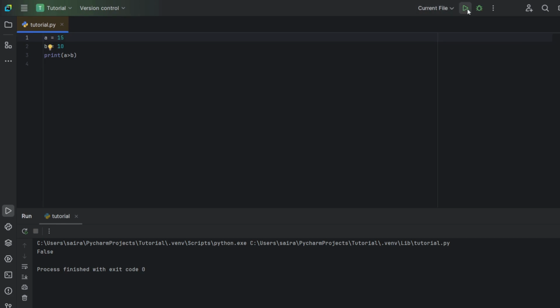But if B is equal to 15, and then when we run it, we'll come up with the value of true. But if they both are same, we'll come up with the value of false. So Python only cares if one value is greater than the other. Over here, A is the value which we have given the greater symbol to. So unless and until A is greater than B, our output will not be true.